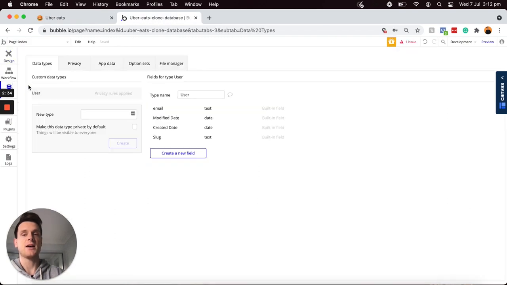the left-hand side here. And the first thing you'll notice is that by default, Bubble already adds a user data type into your application. And this is because you obviously will need to have user accounts in order for users to log in and use your app. Now, by default, this user data type will automatically include an email data field. It will also include a password data field, but that just won't be displayed in plain text for you to